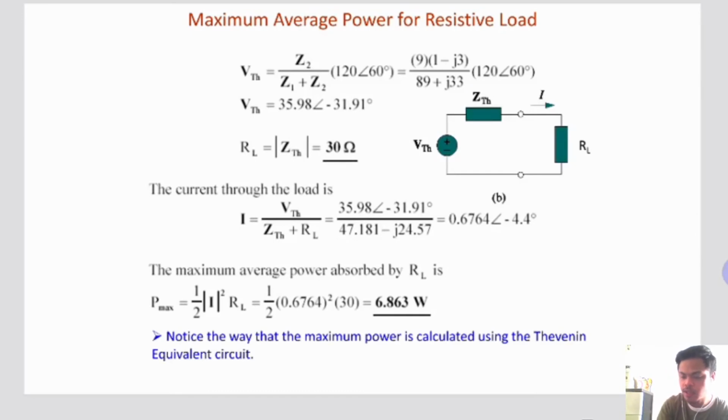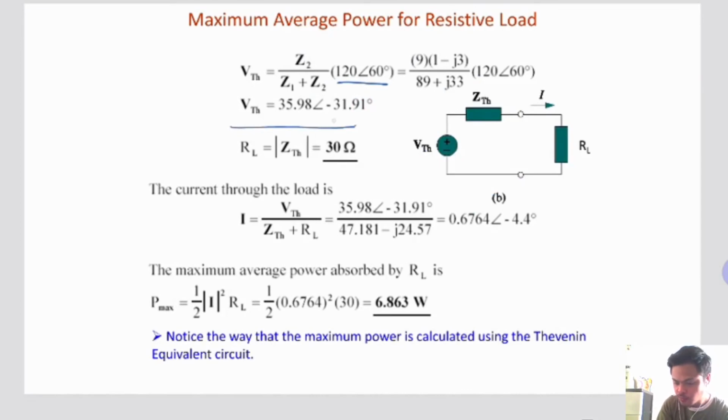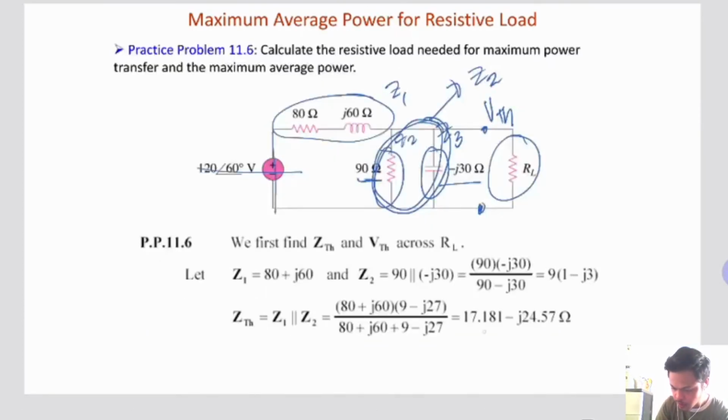By applying voltage division, Z2 all over the total impedance of the circuit, multiplied by the voltage source. So we have now the value for VTH, or the voltage across your load, or the voltage across your Z2. To find RL, RL is simply from the ZTH. So if we simplify this one, this gives us